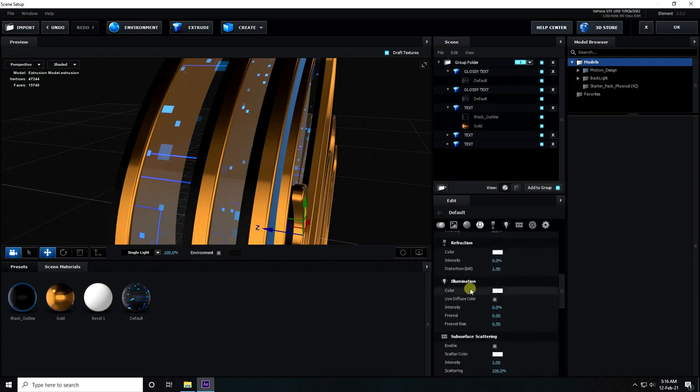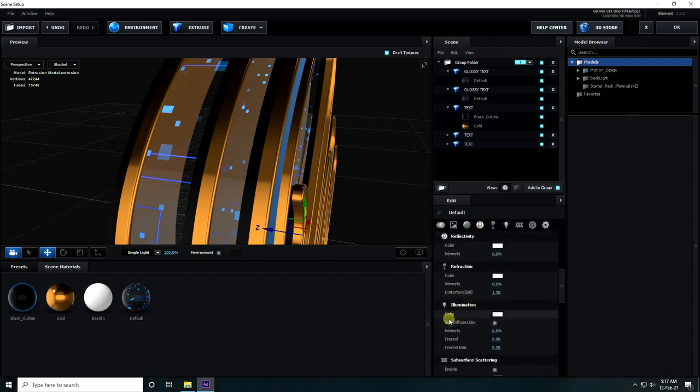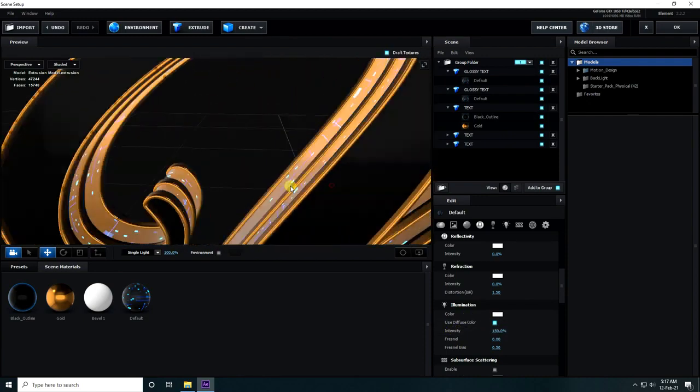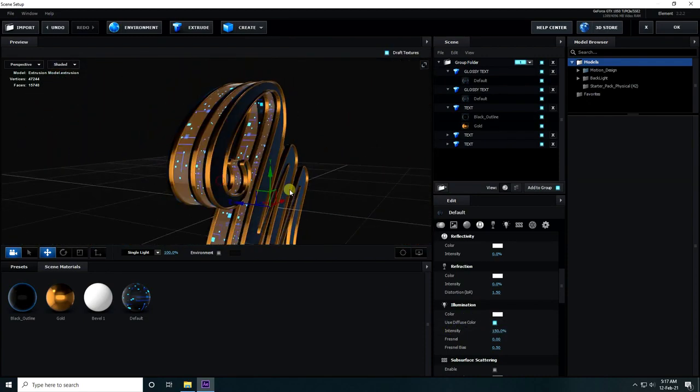So click on here, this one, check use diffuse color, and intensity I take 100%. Yes, guys, you can increase the intensity depending on your work, like 150. Yeah, also good.